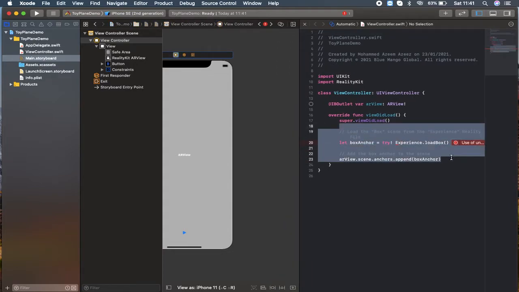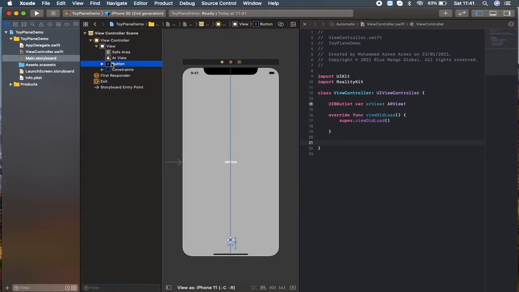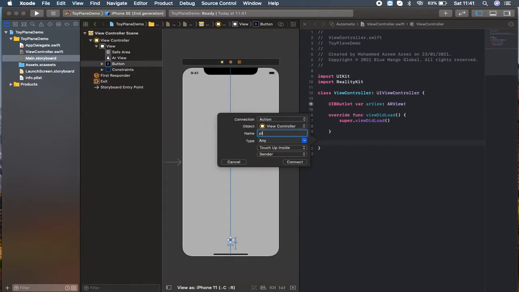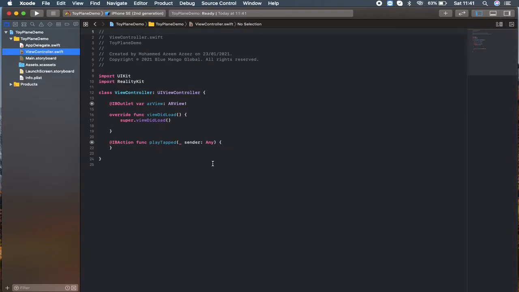Delete all these files, which we don't need anymore. So click here in the RealityKit AR view, press plus Control and get inside this. And the last thing is to give an IBAction outlet for the button as well. So let's name the button action playTapped. That's it. Simple. And let's go to the ViewController.swift file again, and we need to add a few lines,